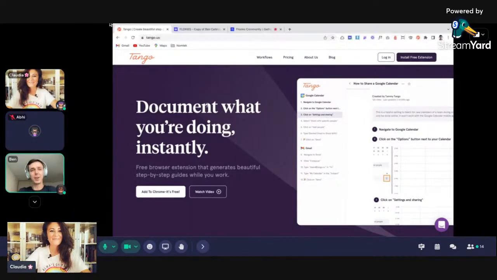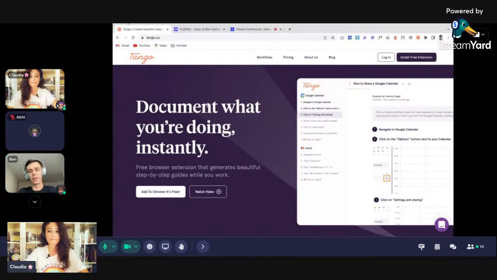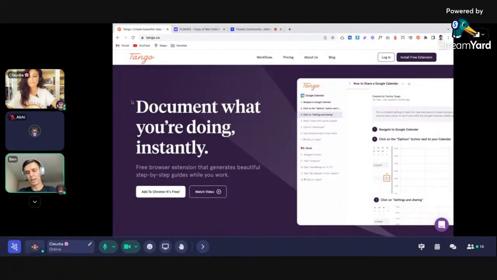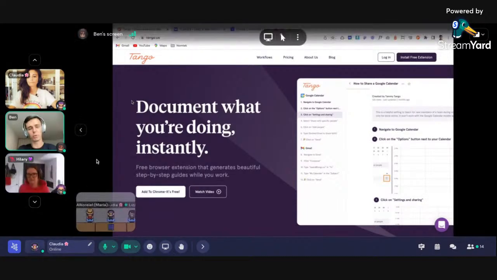All right. Okay, cool. So the general idea behind Tango, instead of Southern American dance. So the general idea is that Tango is basically a documentation tool, and it takes away all of those little tedious things we do whenever we want to do a step-by-step walkthrough or a written tutorial, or things like that.